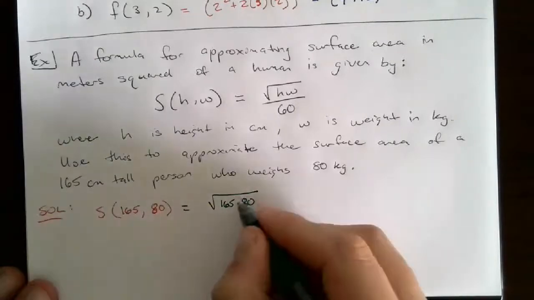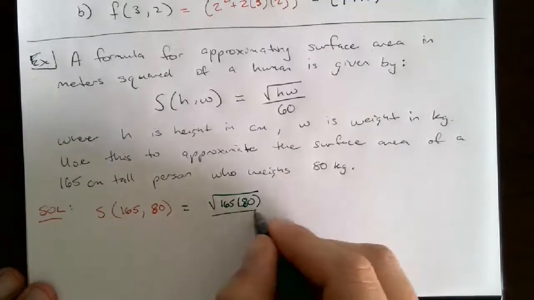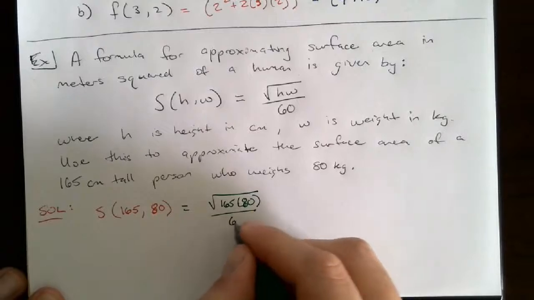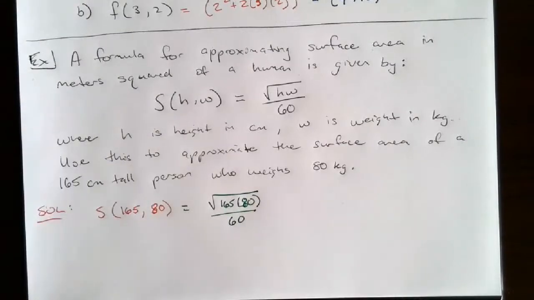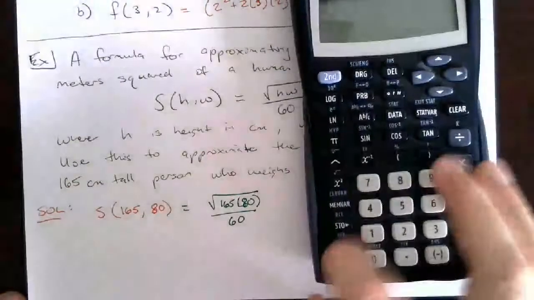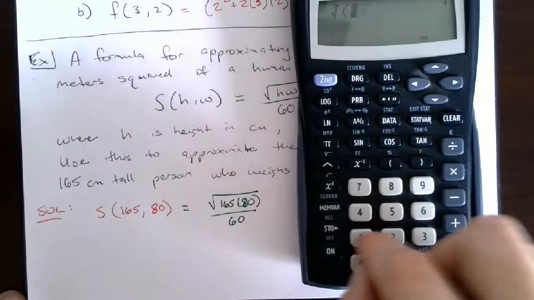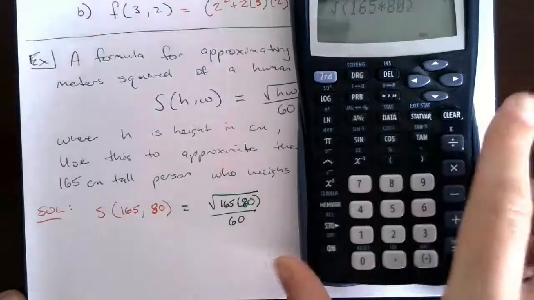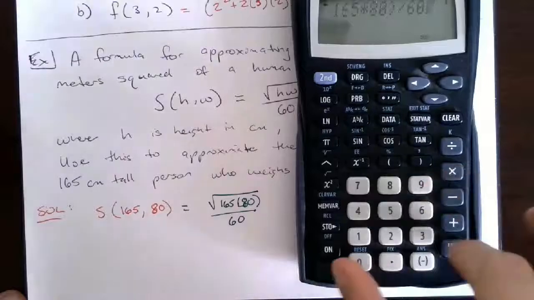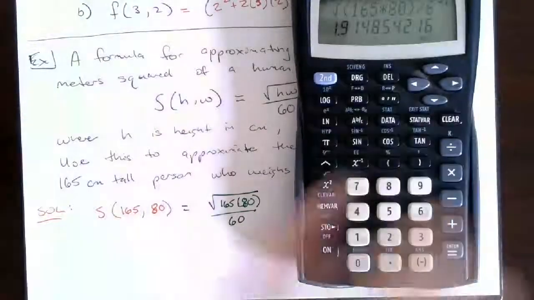If you want, you put those in parentheses. All over 60, recognizing that the square root is just in the numerator, not on the 60. And you can use your calculator to approximate this. Taking the square root of 165 times 80, close the square root up, and then divide that value by 60, we get